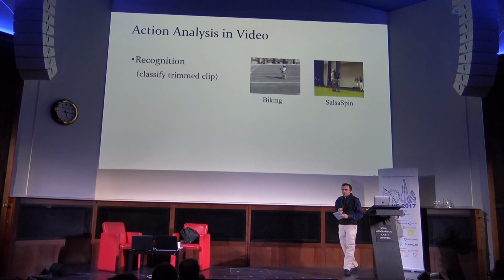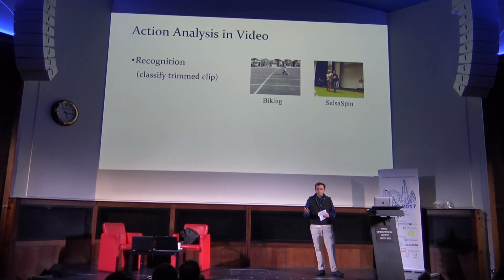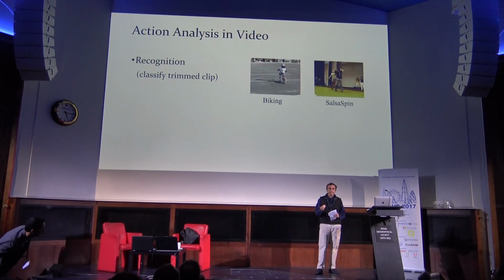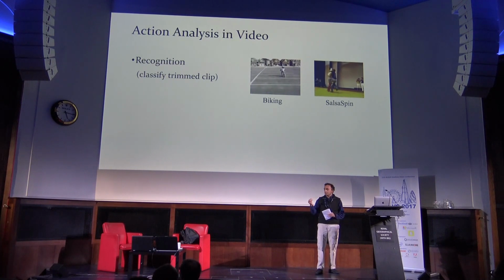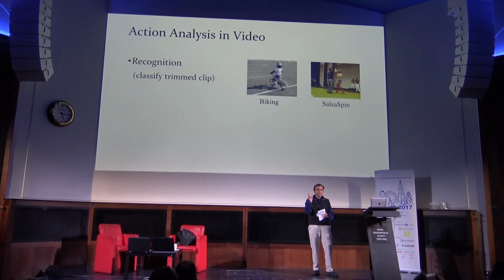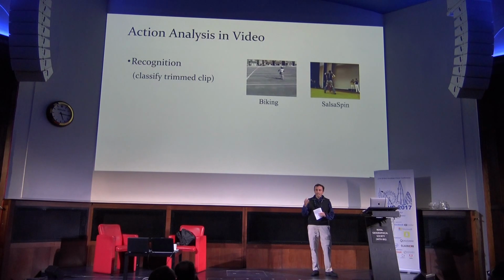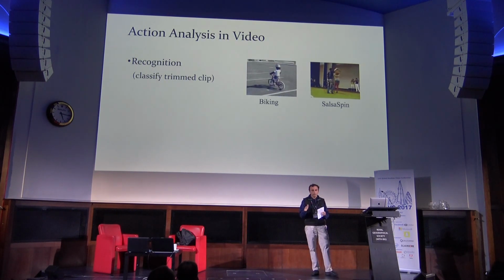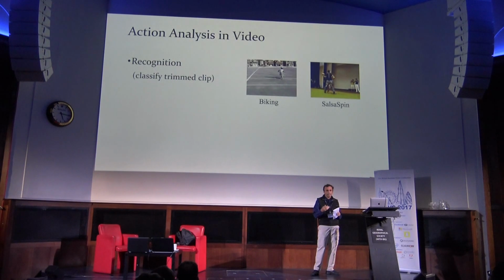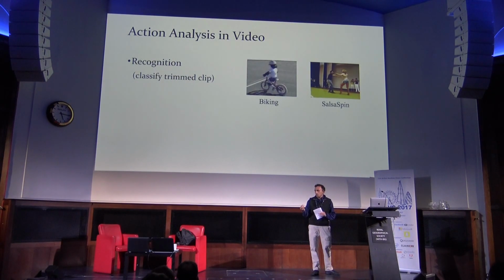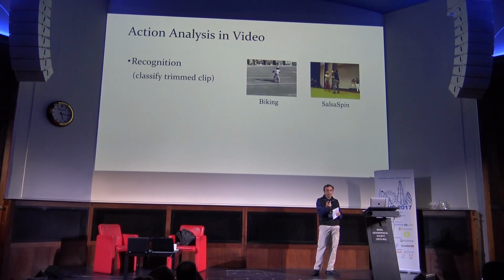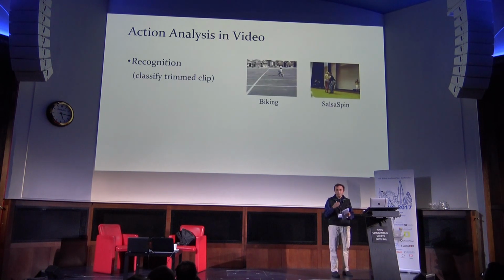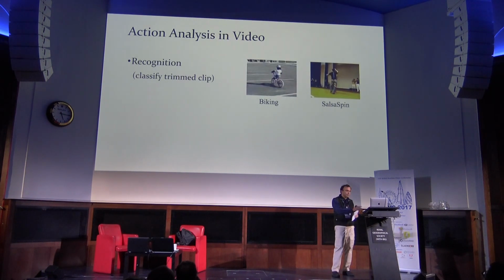So I think everyone here is familiar with action recognition in video, but for most people, when they think about action recognition, what do they really mean? They mean, given some pre-segmented clip, I want to classify it as skydiving versus biking versus salsa, things like that. And that's kind of an artificial task, because it's very rare in real-world applications that someone's going to give you that kind of a task. Now, that task can be useful for a variety of other things, but really the more